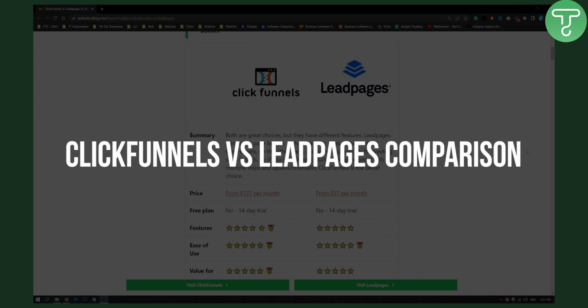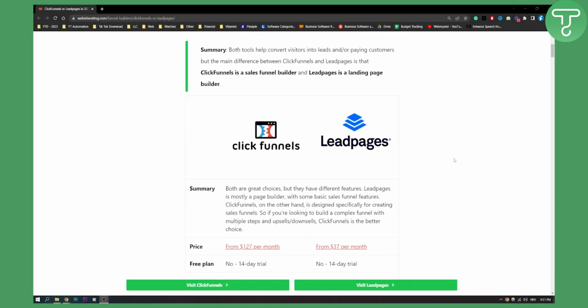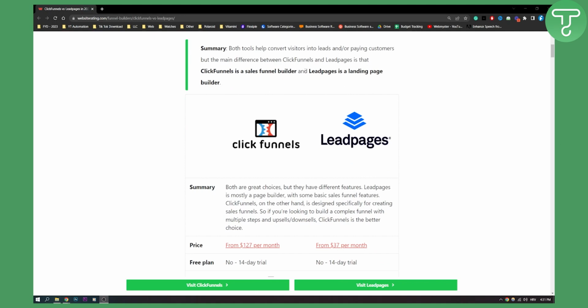So as you can see, we're going to compare ClickFunnels versus Leadpages. Both tools help convert visitors into leads and are for paying customers, but the main difference between ClickFunnels and Leadpages is that ClickFunnels is a sales funnel builder and Leadpages is a landing page builder. Now, these are pretty much similar terms, I would say. Landing page builder and sales funnel builder, this is pretty much the same, but let me just show you the